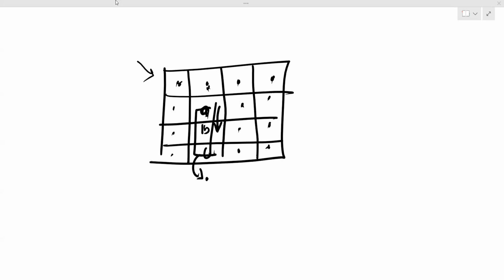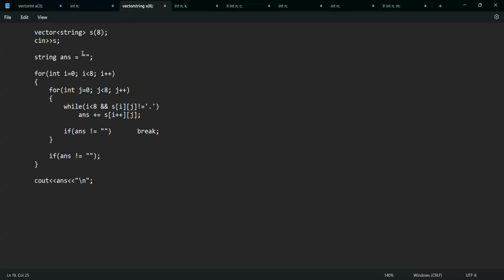Okay, so let's move to the implementation. So this is the implementation. In this, I'm first taking my grid, which is a vector of 8 strings, as input, and then this is my answer. So finally, my word is going to be stored in this answer string, and I'm iterating through my grid. And the first time I see that this cell is not having a dot,